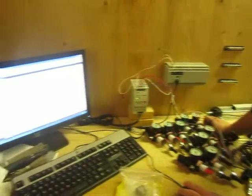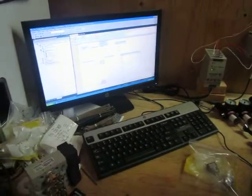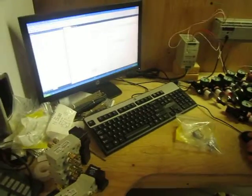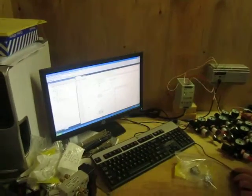So now you've got it all compiled, it's in program mode. You go to here, download program code to the PLC. So you click that, and now it downloaded everything to the PLC. So this program went to the PLC. Now you see, you're still in online mode, and you're